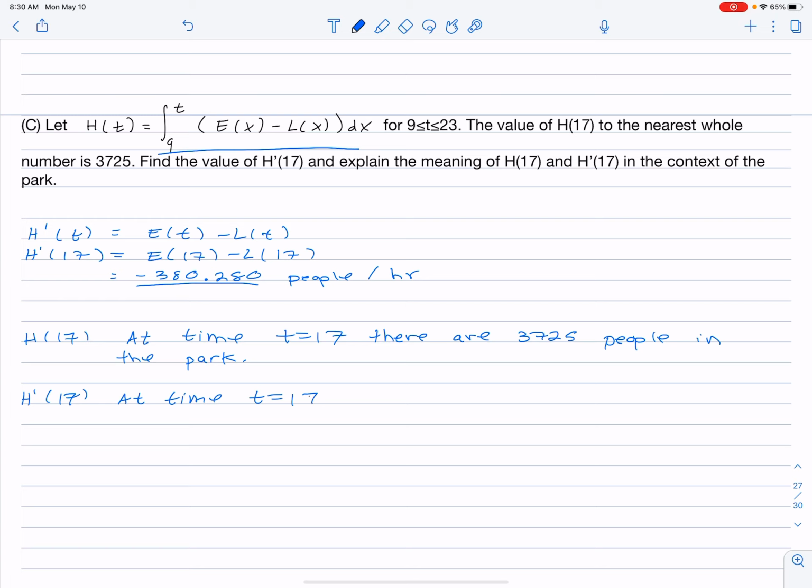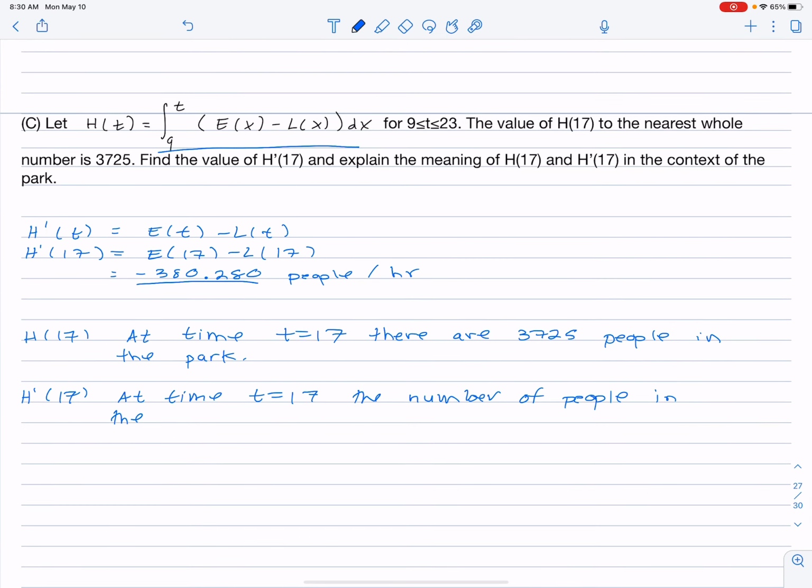The number of people in the park is decreasing. I'm talking about that negative, that's important, is decreasing at a rate of